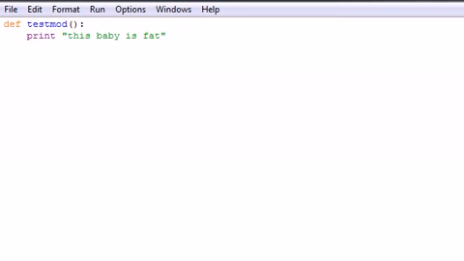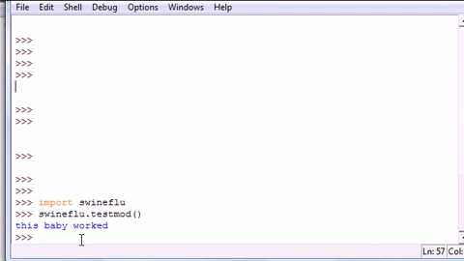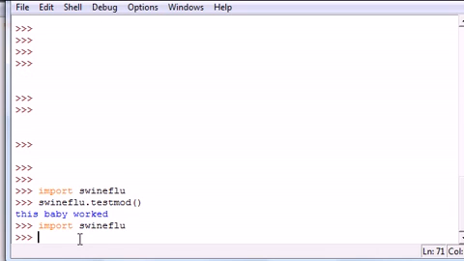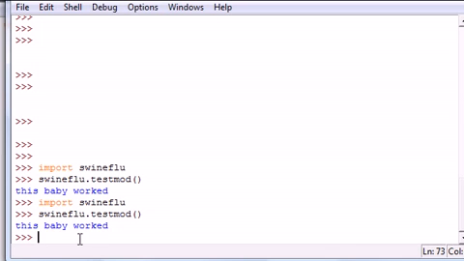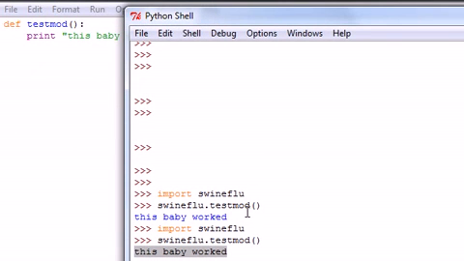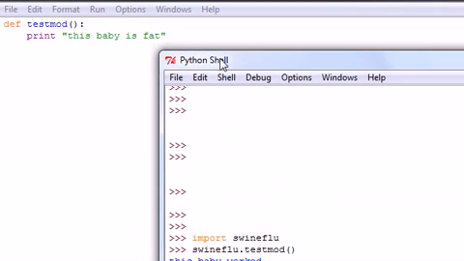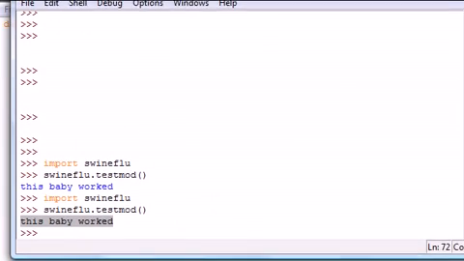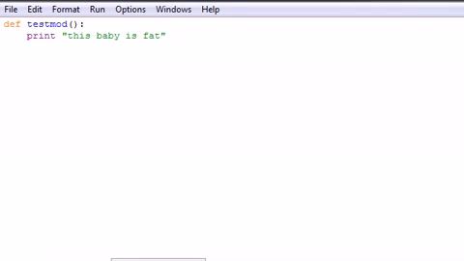We save this module. Now once we import it again, import swineflu, and then swineflu.test mod. It still says "this baby worked." That's because you can only import your module one time. Now if you wanted this to actually show up that this baby is fat like it was before, what you would need to do is close this altogether, go open up a new IDLE,